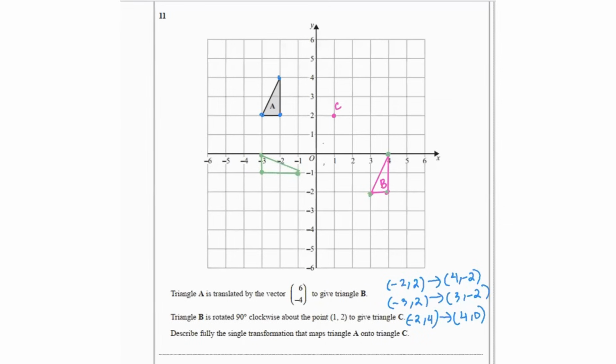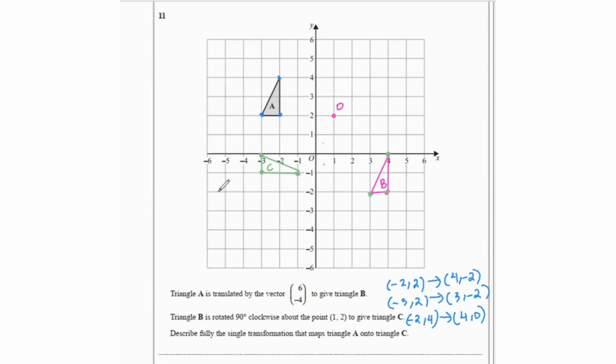So this is triangle C. I'll label this O because that's our center of rotation. So this is our answer. Then it says describe fully the single transformation that maps triangle A onto triangle C. So triangle A onto triangle C will be a 90 degrees clockwise rotation